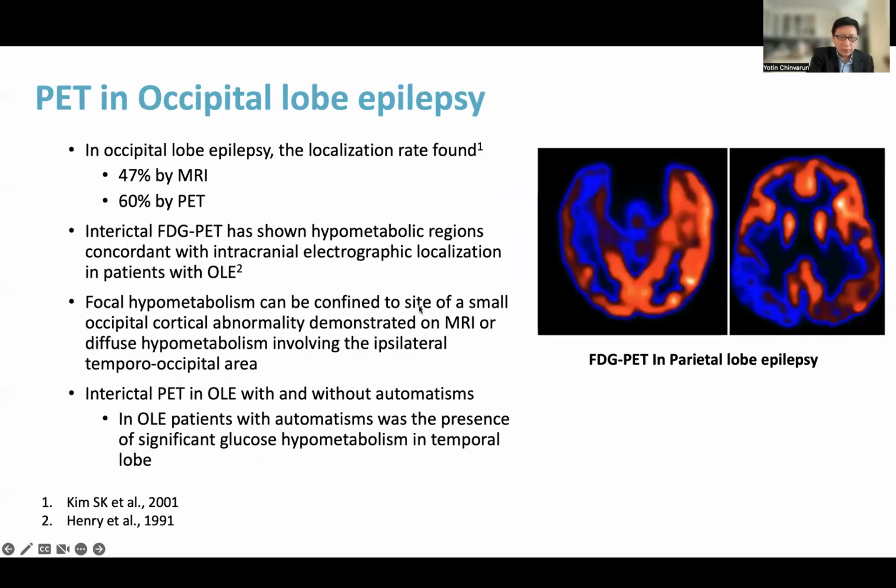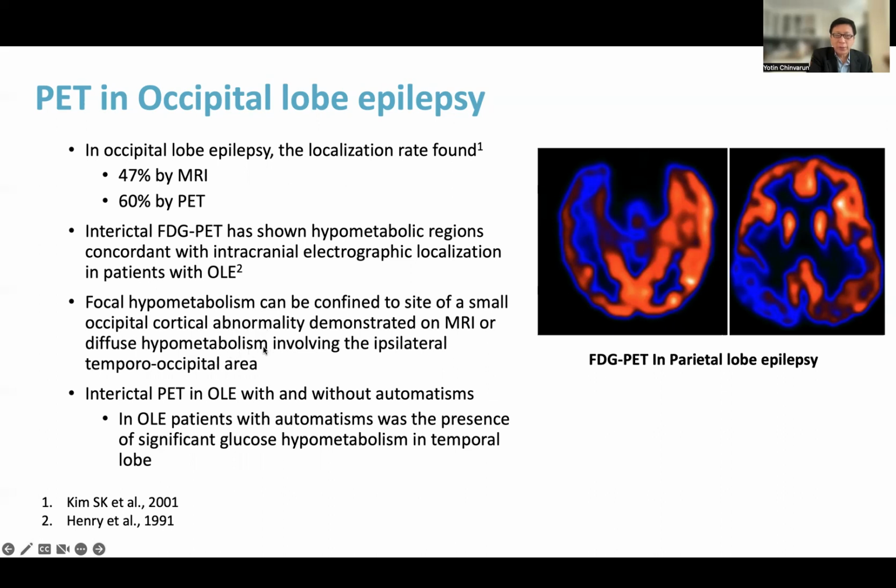How about occipital epilepsy? In occipital epilepsy, the localization rate can be 40% by MRI scan, but 60% by PET scan. Interictal FDG PET showing a hypometabolic lesion concordant with the intracranial electrographic localization has been reported in patients with occipital epilepsy. Focal hypometabolism can be confined to the site of a small occipital cortical abnormality demonstrated on MRI scan,